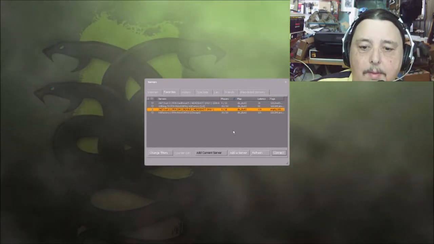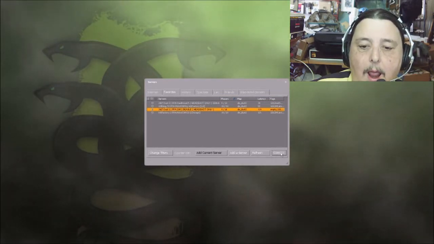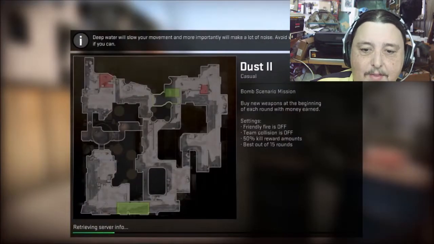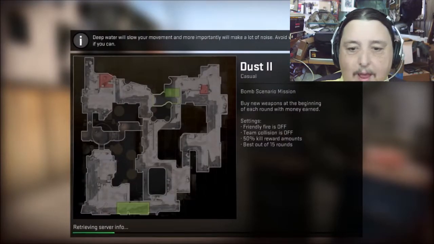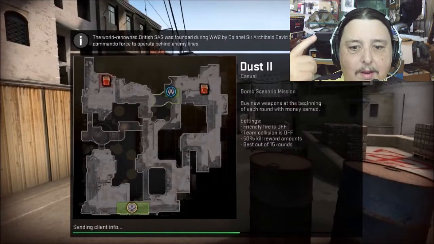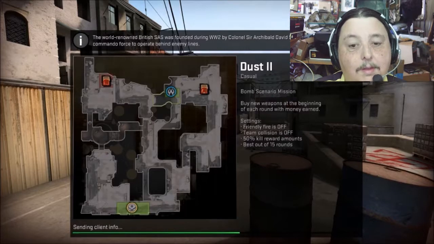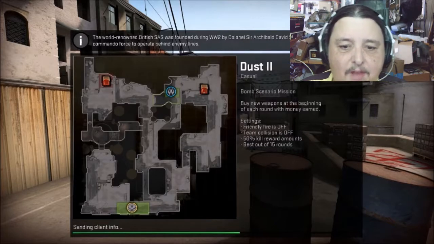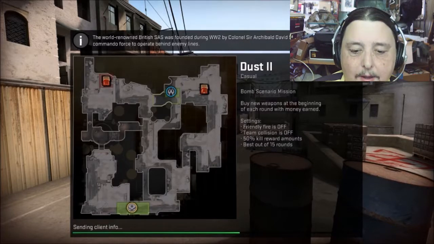I'm getting on a headshot only deagle server. That means that body shots don't count. They won't hurt you. Only headshots work, and you only get a deagle. Sorry about the cough. So that's the deal. Headshots only, deagle only, and that's because the deagle is a